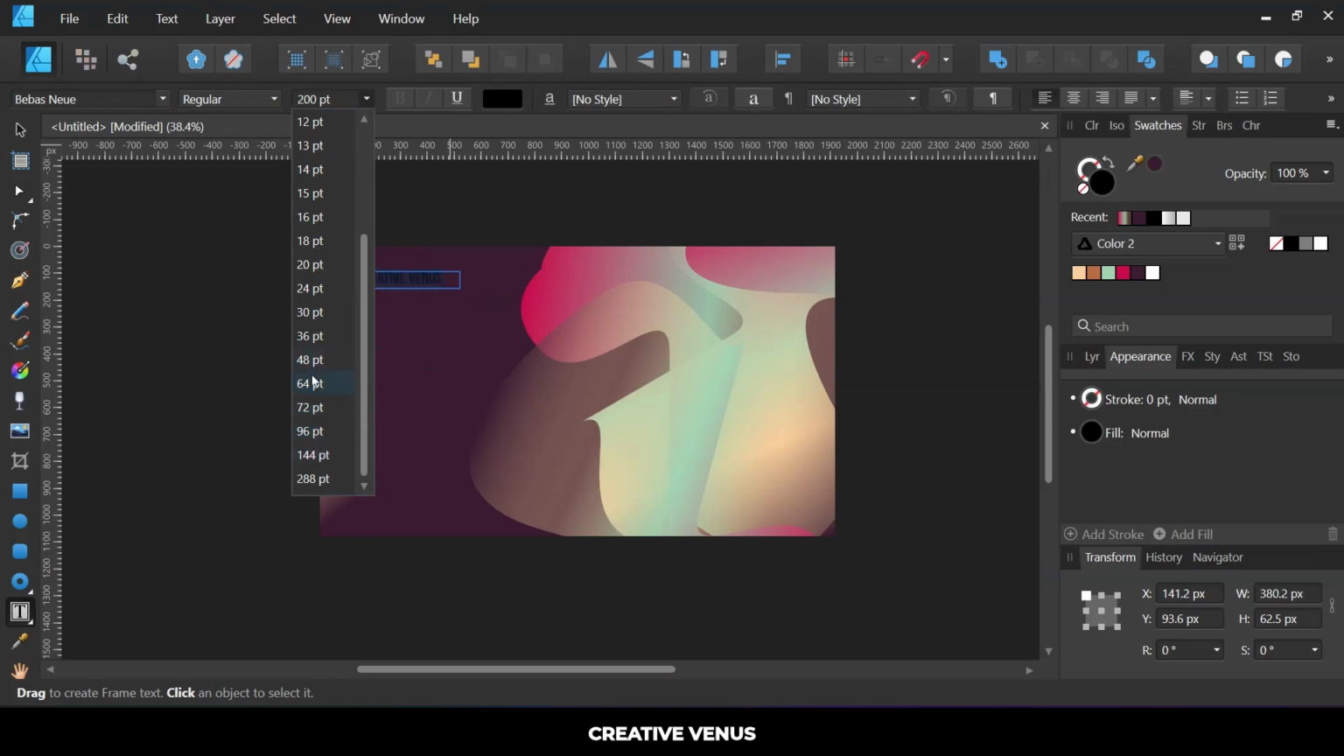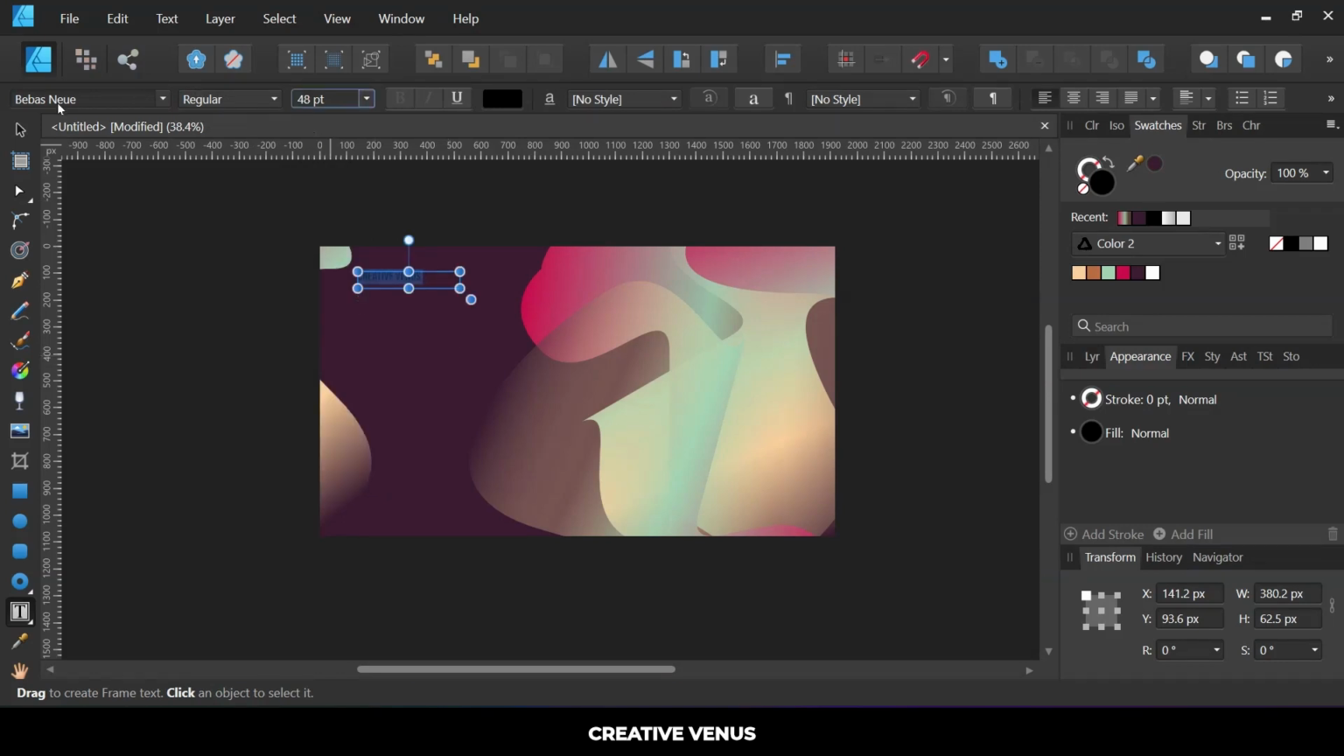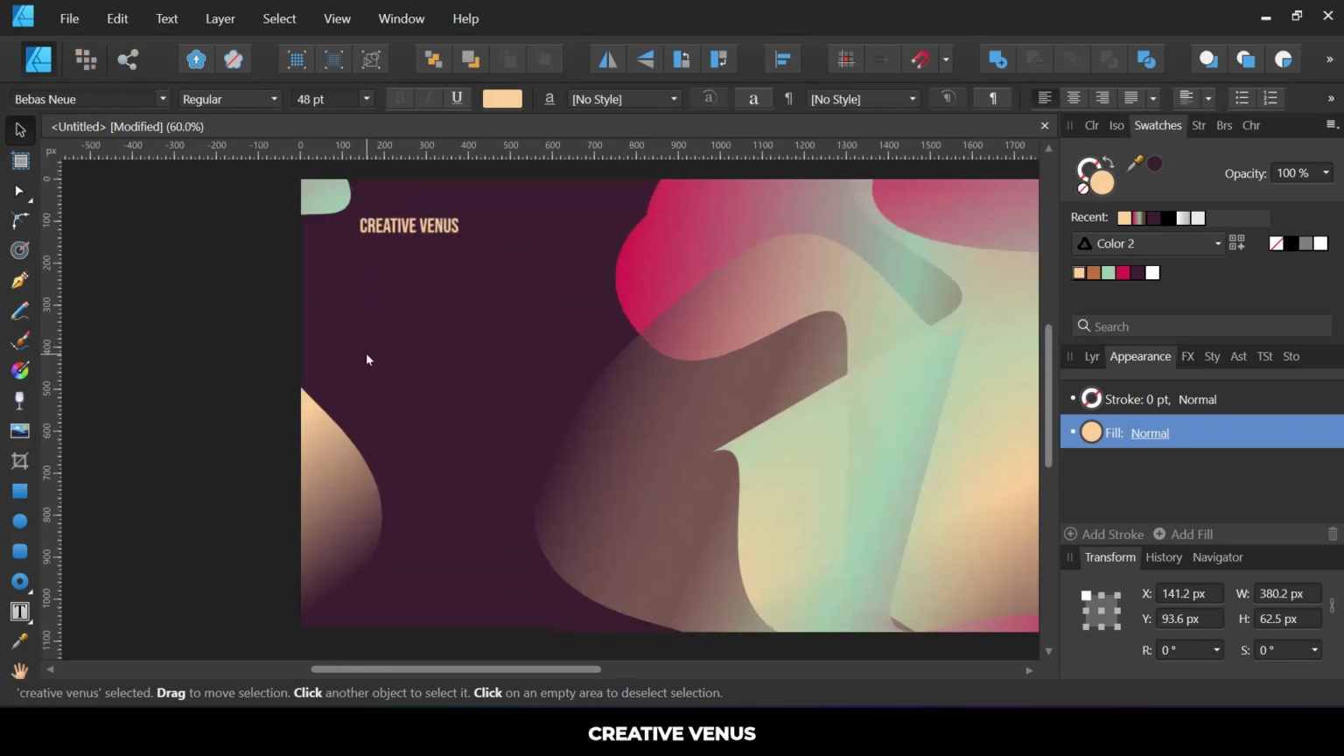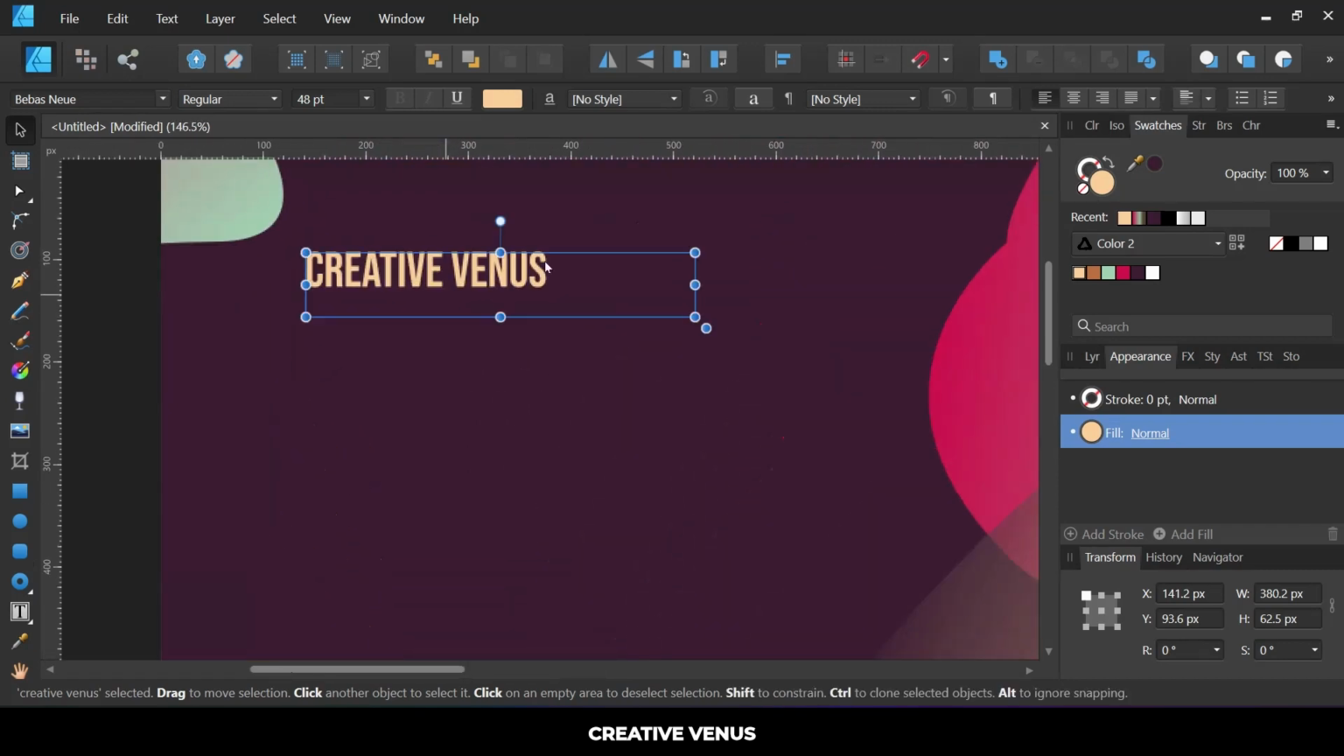Keep the font to 48 points and change the color to this yellow and click on this button. This will align the text to middle. So currently it's in the middle and this is the bottom. Slightly zoom in so that you can see it properly. So this is top align, middle align and the bottom align. So let's keep it at the middle